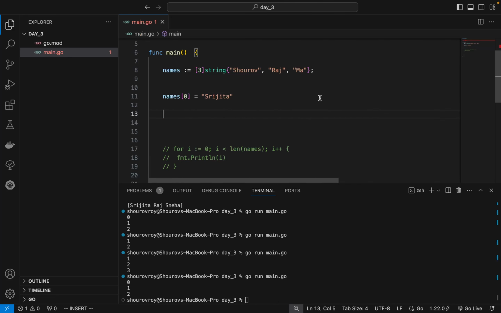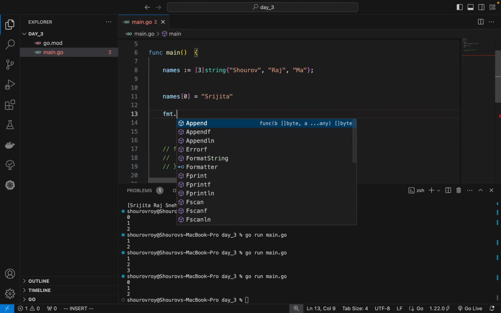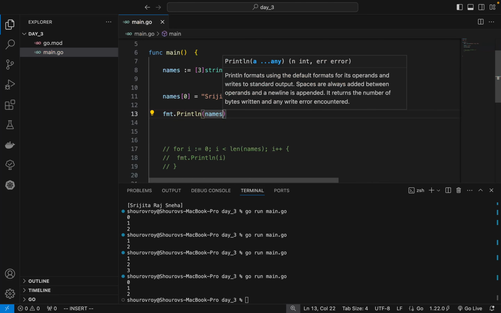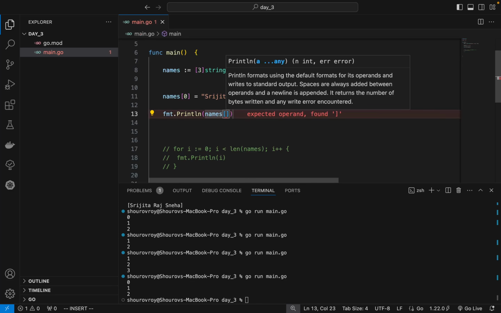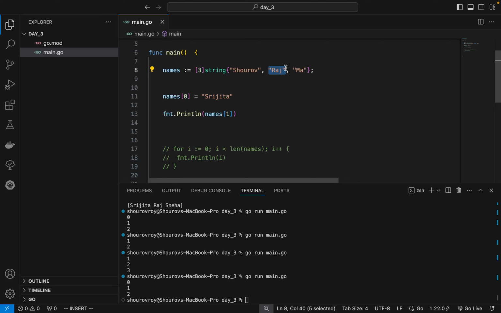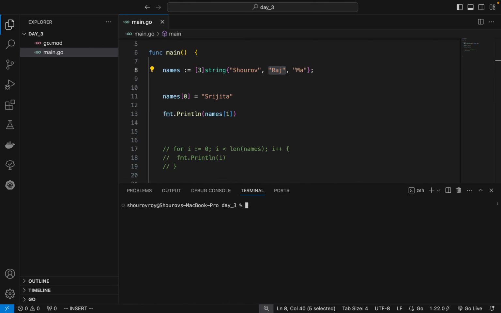So let's go for fmt.Println and names, as we can update something by calling and accessing its particular index number. We can also access it as well. So let's go for 1 so that we can see and access the name Raj from that particular names array. So you can see that. So now we just need to follow up this